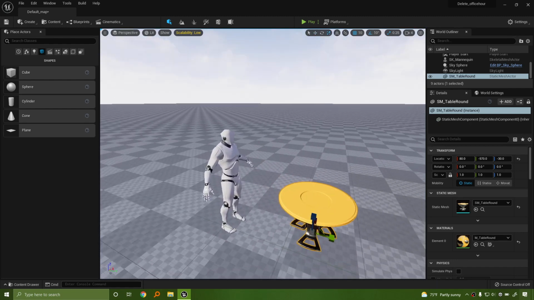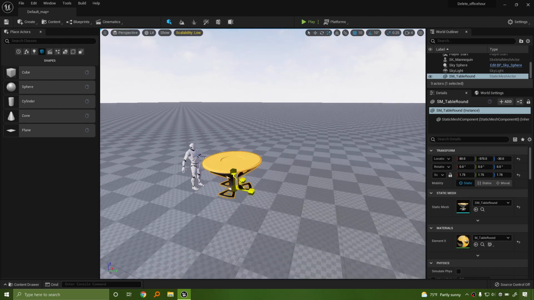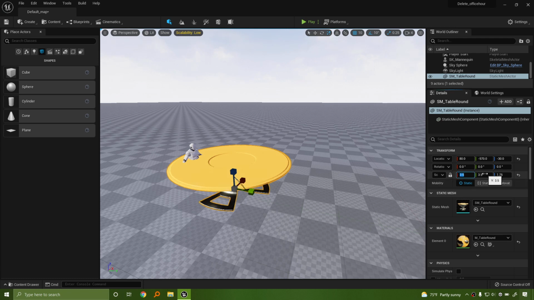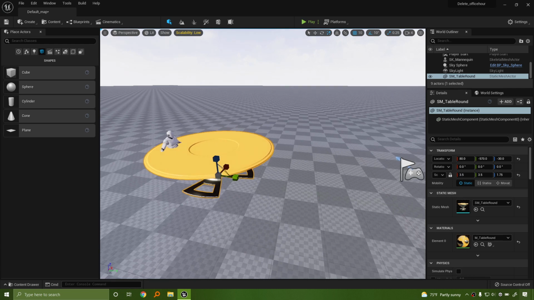So right now I'm just kind of bumping up the size of something. I'm going to make a kind of larger fountain. So set this to 3.5. And this can be our pretend fountain.